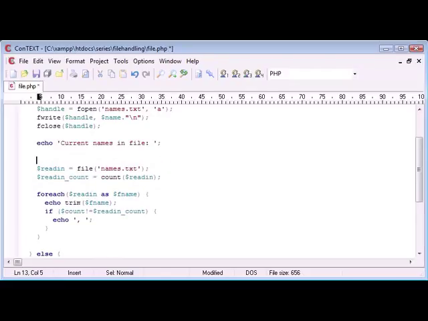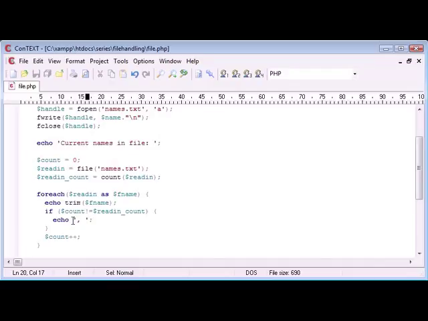Let's just declare this count variable up here as 0. So if count, which is this here, doesn't equal readIn count, then echo that. Then we need to count plus plus at the end, so we're incrementing this count value each time. This will be 0, 1, 2, 3, all the way up to the amount of names that are in the list. Then when we reach the last one, it's not going